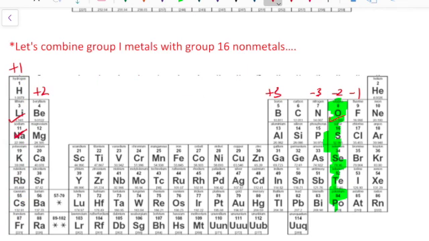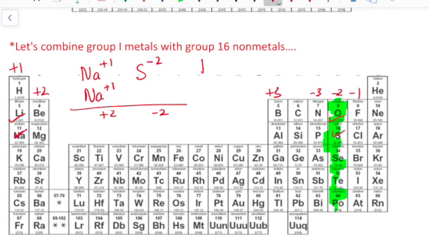How about we combine sodium with sulfur? Well, sodium is in group 1, so its charge is plus 1. Sulfur is in group 16, so its charge is minus 2. Once again, the charges do not balance out to 0. I'm going to need another sodium. And now my charges are plus 2, minus 2. So now I know that I need 2 sodiums for every 1 sulfur to get the charges to balance out to 0. So my formula will be